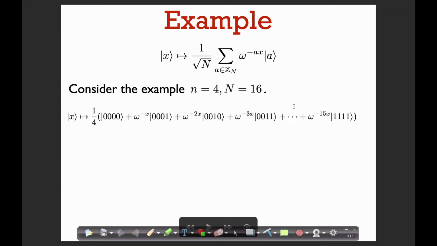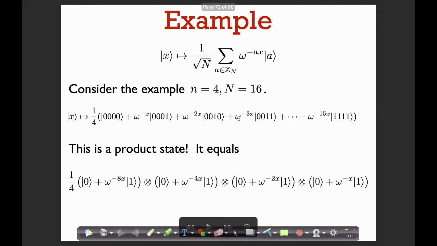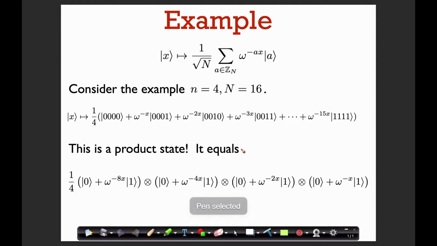Now, we can notice an amazing thing here. This state that we want to create, it's actually a product state. So you can actually write the state as the following tensor product. So maybe let's just see why that's the case. Okay, so let's say